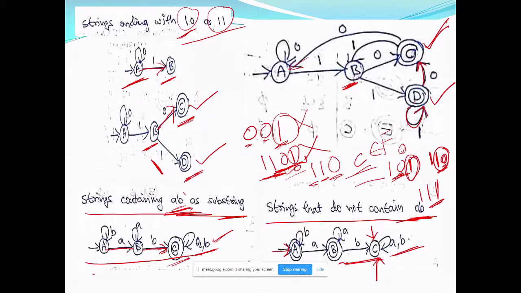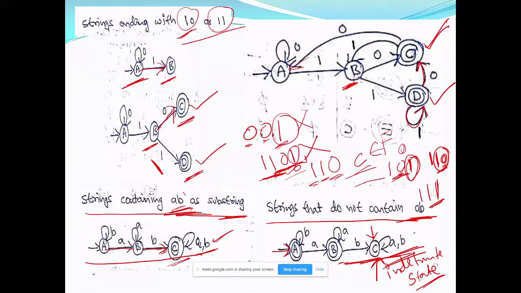And that is why such states, in which you enter and never come back and never accept the string whatever it is, because one AB is there, are called dead states. After that you get any symbols, either A or B or any strings, your input string is straight away rejected. So once you enter them, you will not come back, and your string will not be accepted. Such states are called dead states.